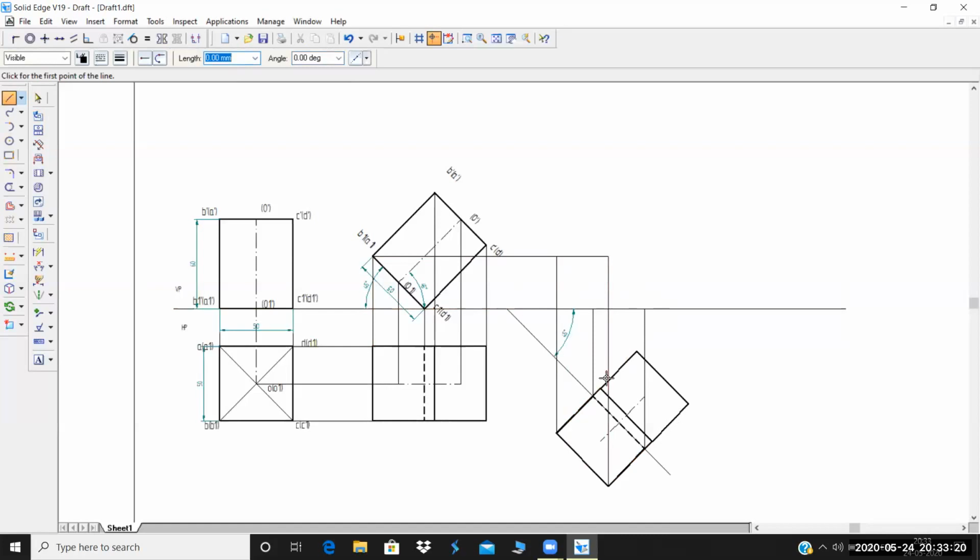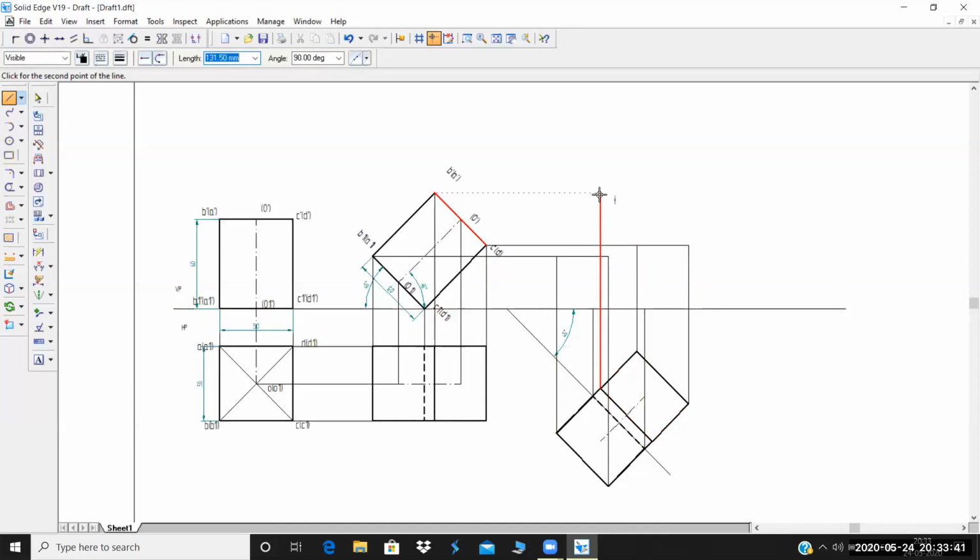Similarly, you have to project it again for the top face. I know CD is this edge here. So I know this is point D here. From here, I'll project this. I also know that I'll get one more point here, so this will be another point. So I've got 2 points here.